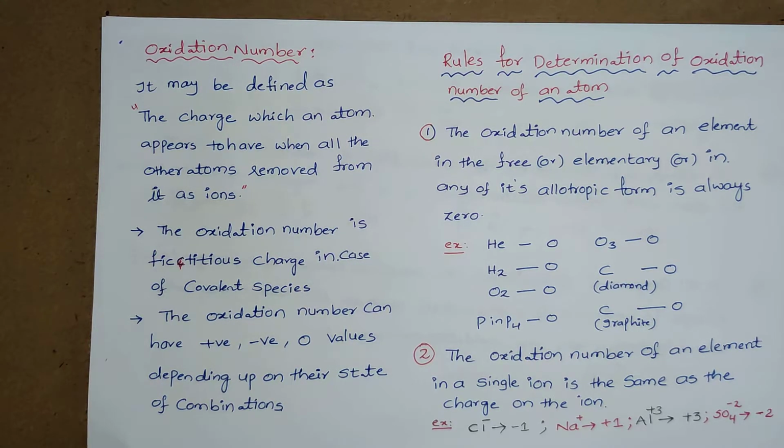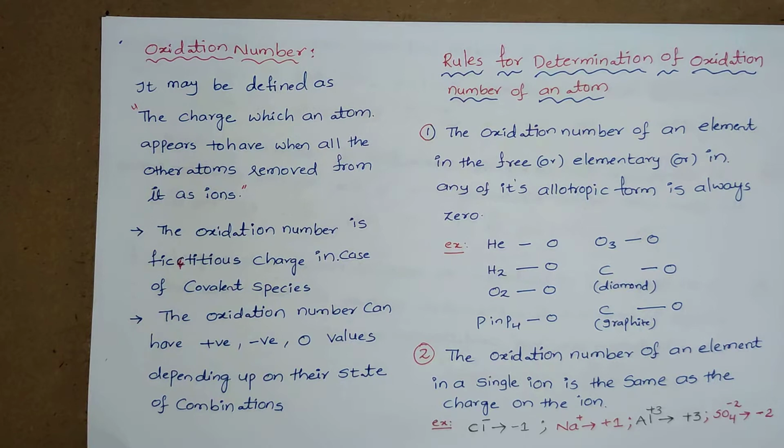So therefore, to understand redox reactions systematically, scientists assigned an oxidation number to each chemical species, whether it is ionic or covalent. They framed certain rules. Based on those rules, we can assign the oxidation number to each atom present in a molecule. Not only that, this concept is also useful to balance redox reactions.